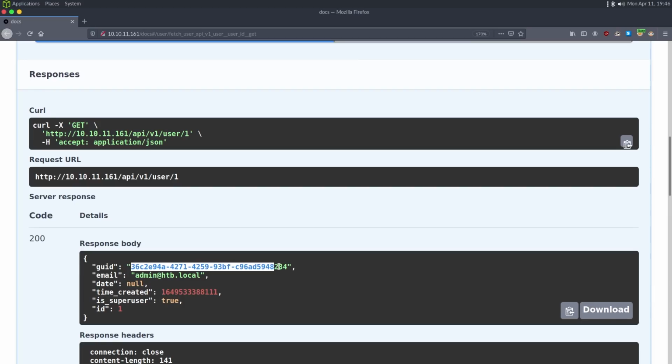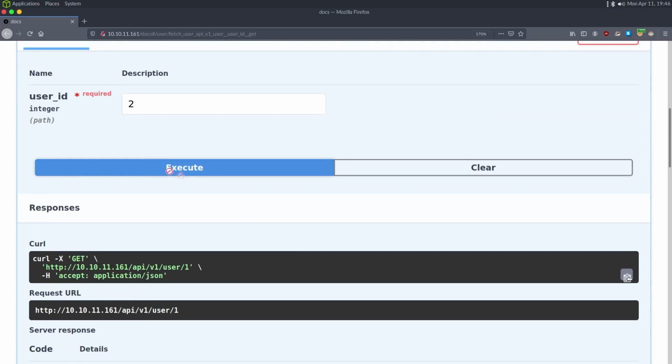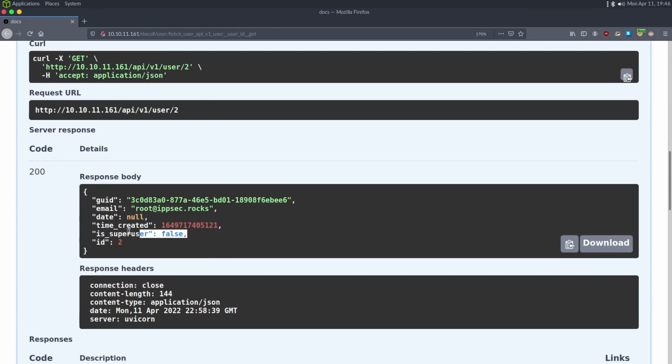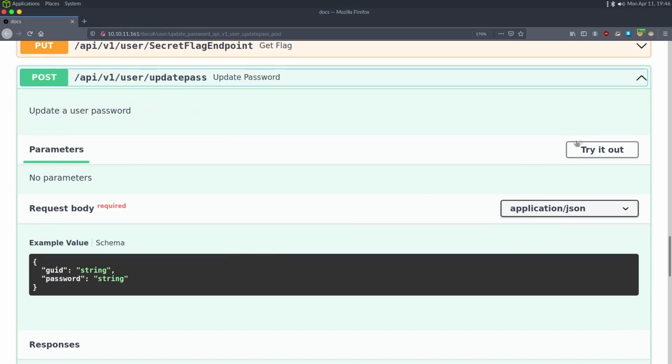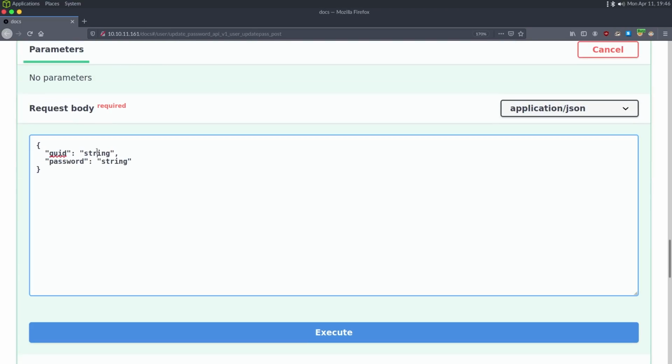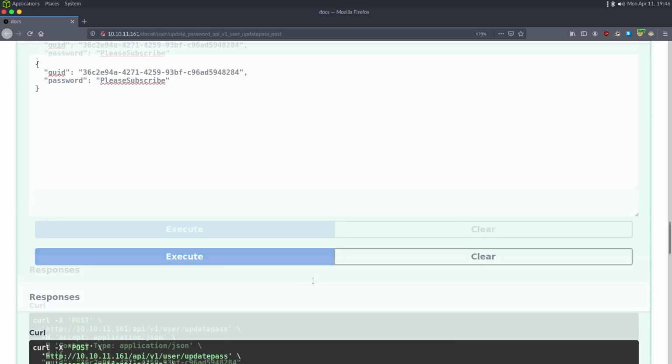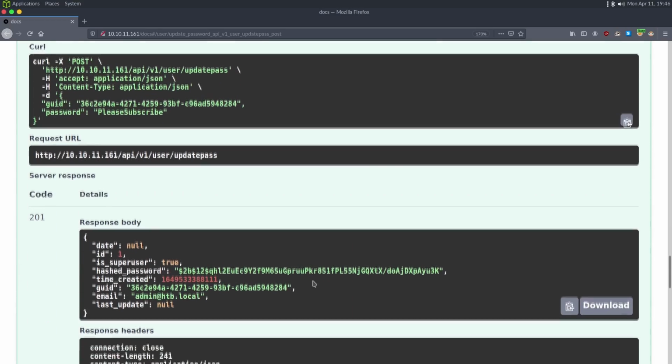I'm going to copy his GUID because UpdatePass did reference it, but I do want to show what my account looks like. Is super user is false for me. So I'm going to go down to the UpdatePass. I'm going to click try it out. I'm going to put in the GUID for admin, and the password will be please subscribe. Click execute, and we can see